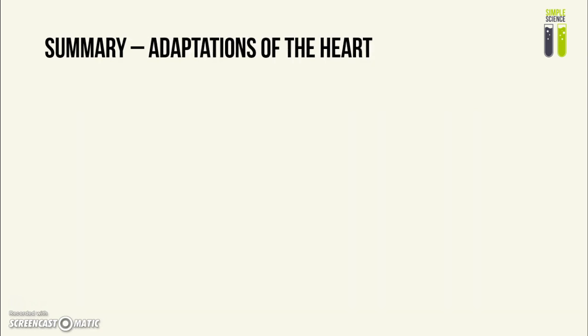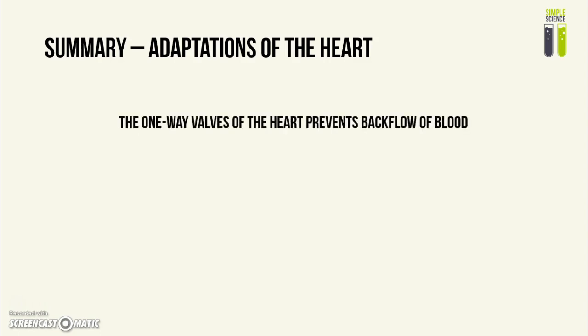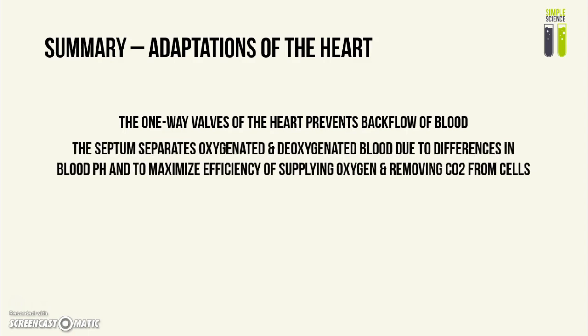Next, I'm going to summarize the adaptations of the heart. So first of all, the valves of the heart, which are one-way valves, they prevent the backflow of blood by just ensuring that the blood flows in only one direction. The septum separates the oxygenated blood and deoxygenated blood because of the differences in the blood pH of the two types of blood, as well as in order to maximize the efficiency of delivering oxygen and removing carbon dioxide from